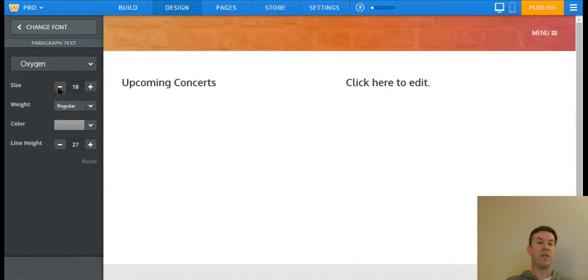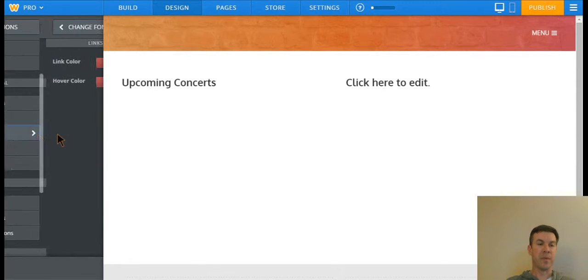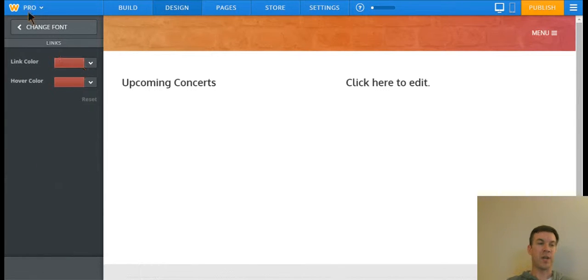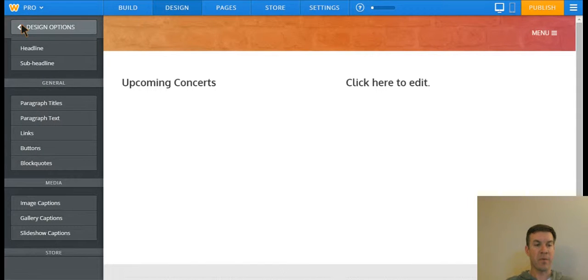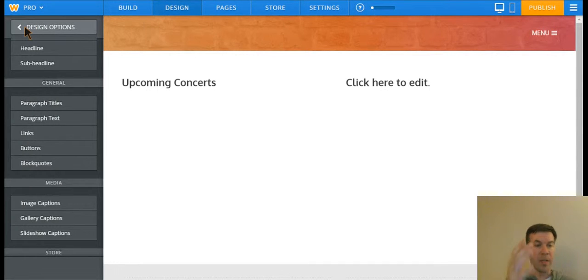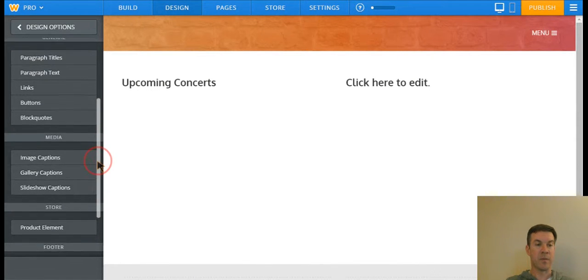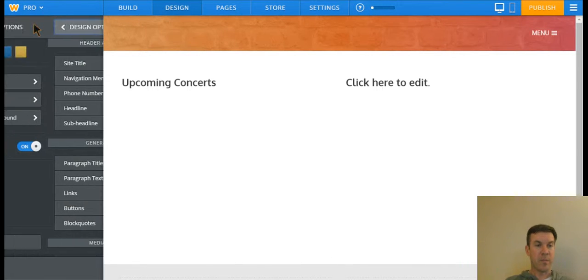Okay, this is where you adjust all the sizes, the color and the weight. You can also do that with the links. You can change the color that you want to appear for your hyperlinks. Any buttons that appear, you can change how big that button is. One of the great things about Weebly is it lets you get into the details and lets you customize those things as well. All right, so let's go back to